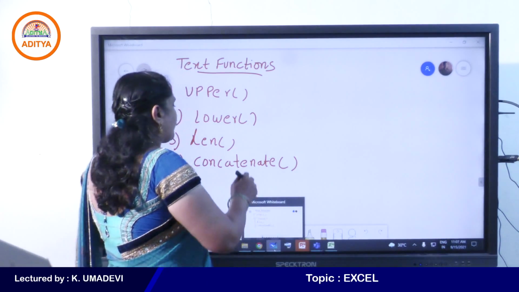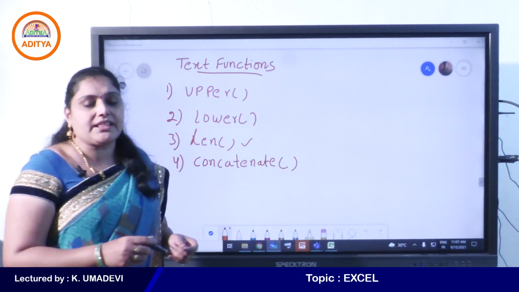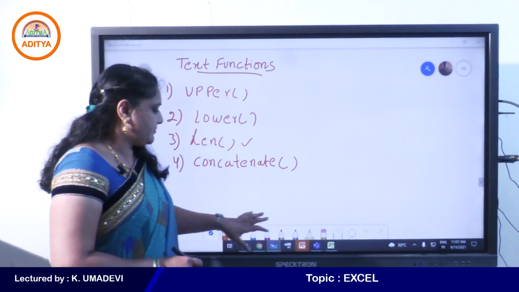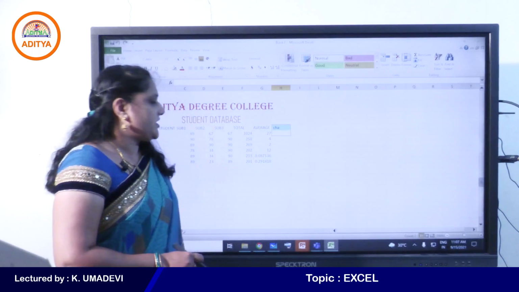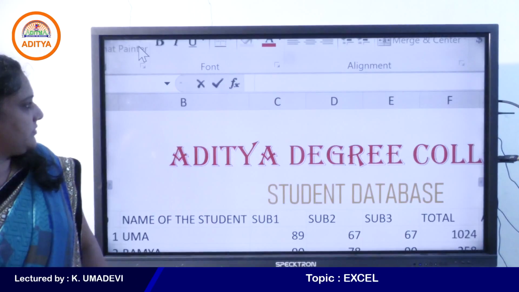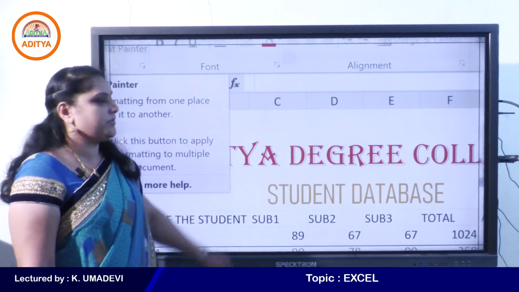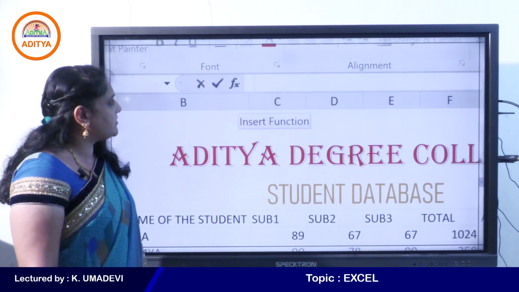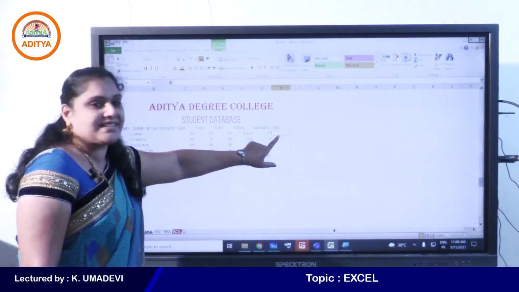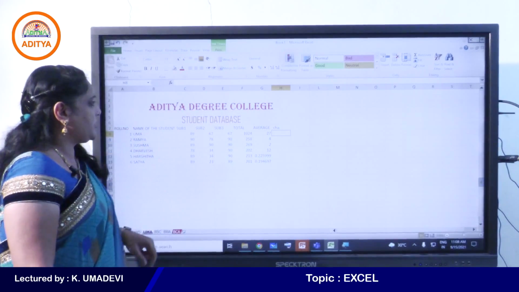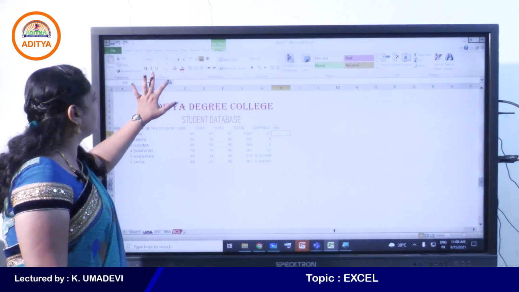Okay, what is the use of length function? So go to insert function dialog box. So here two cells are selected. Go to insert function dialog box.